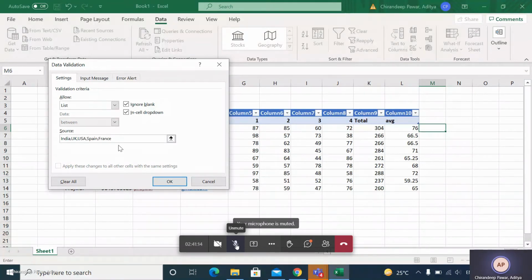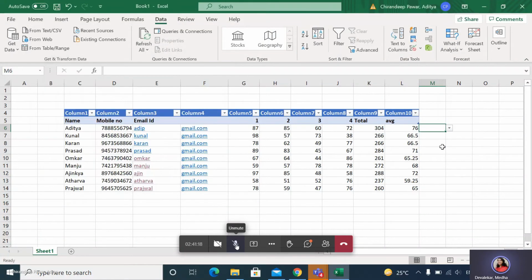Then click on enter. It will just create a list drop down.